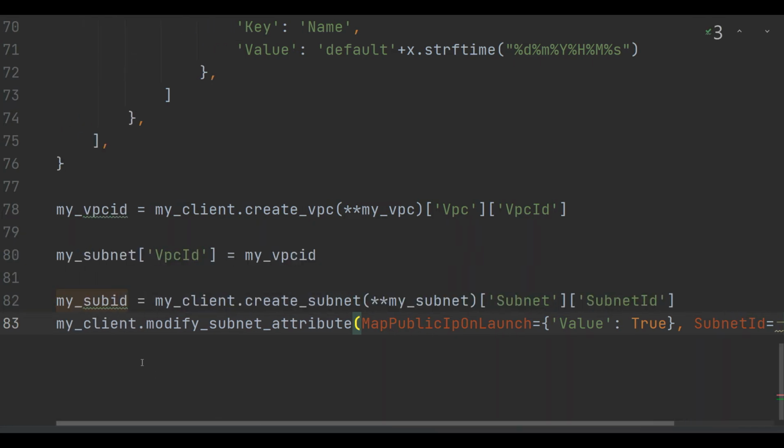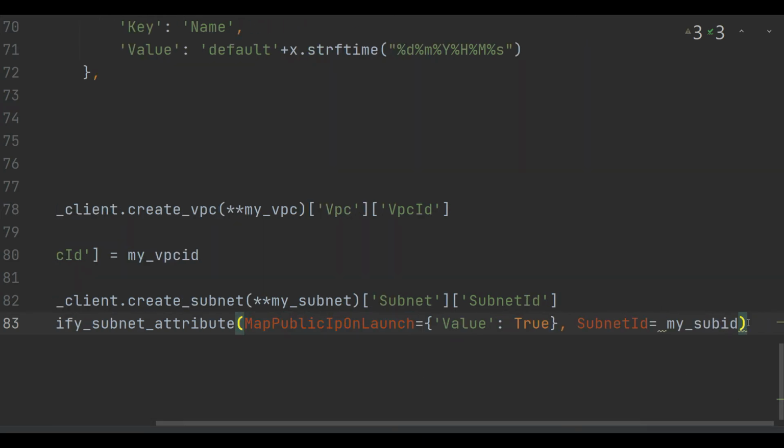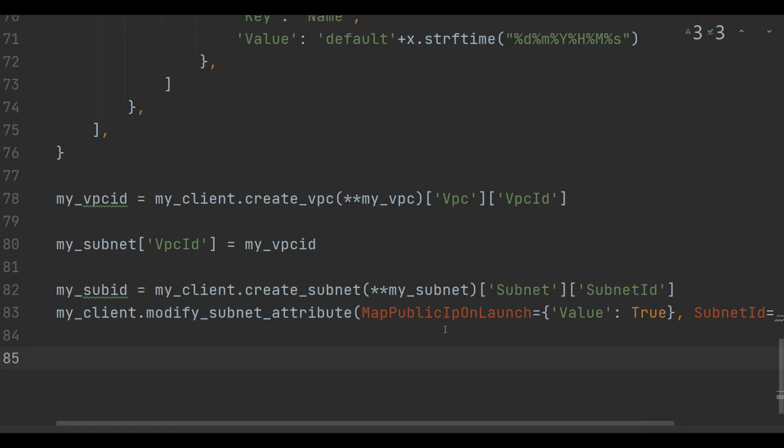So what I'm doing is telling that on this subnet, whenever I'm assigning a virtual machine or an EC2 instance, we should be able to assign the public IP as well to it, or else by default this is disabled, right? So I'm done with it. Okay. Now the next thing that I'm going to do is